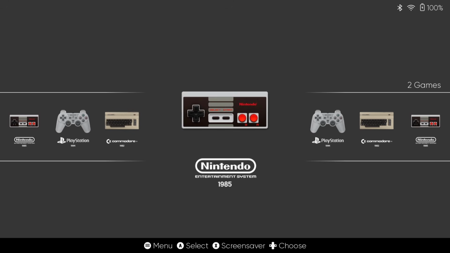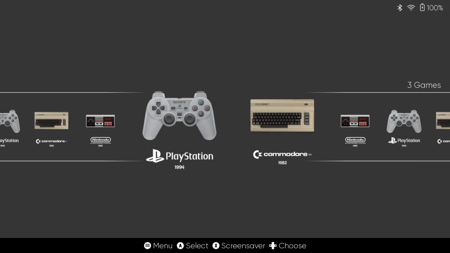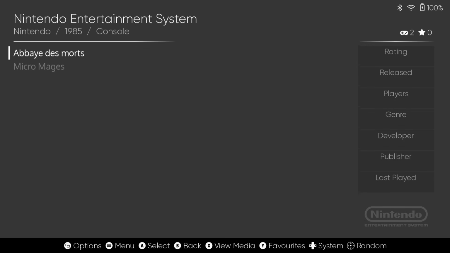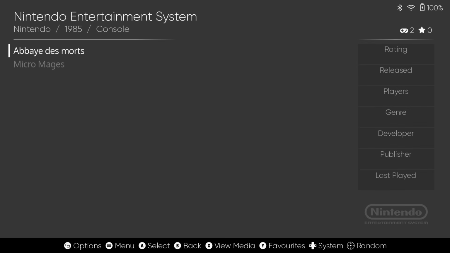We can now see my systems. We got PlayStation, we got Commodore 64, and we got NES. Now let's try and open up one of these games. So I'm going to use my Xbox controller, and this configures automatically for me. So I've got two of my NES games just here. If I open up, say, Micromages,